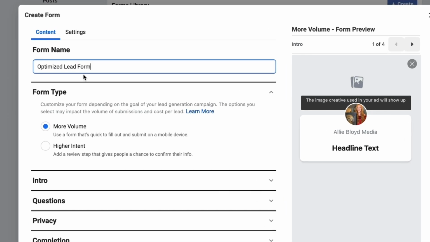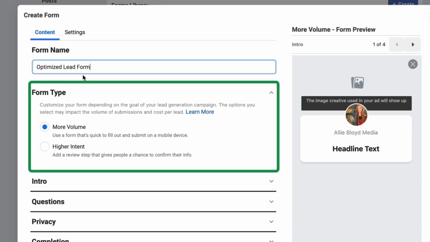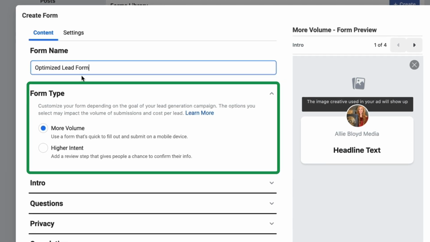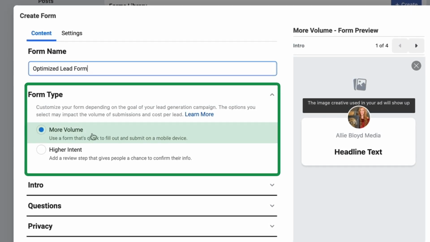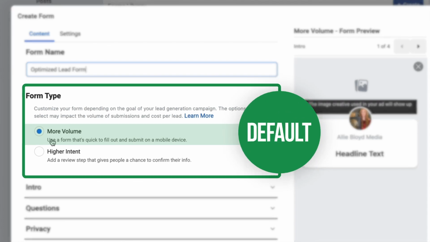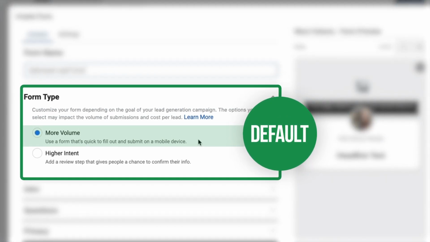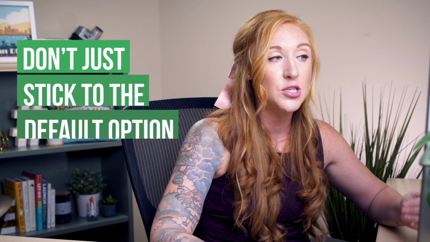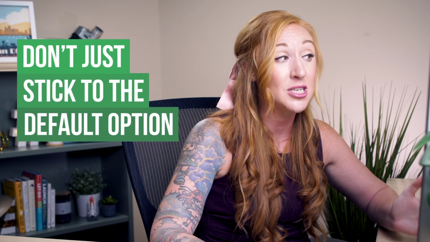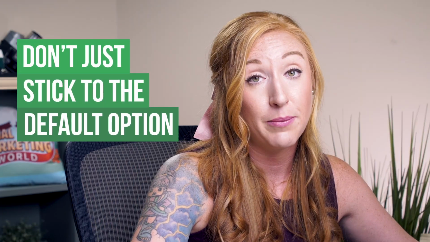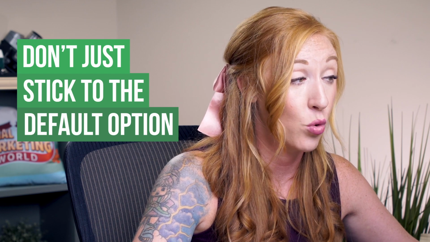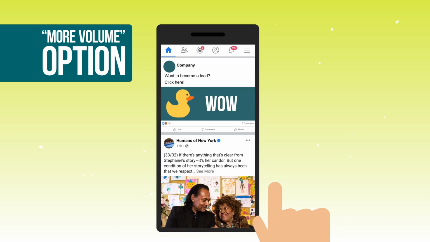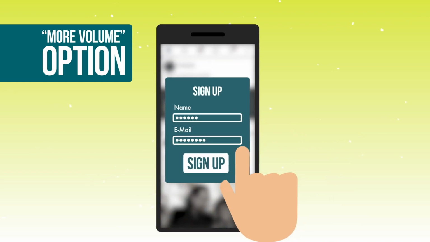There are two different types of forms that it's allowing us to select. The first one is more volume. More volume is the default, and this is typically what people are using when they're creating this form. If you kind of graze through all of the sections and just stick with the default, you may ultimately be choosing the wrong thing for your business. With that more volume option, there is literally a 2-click process.